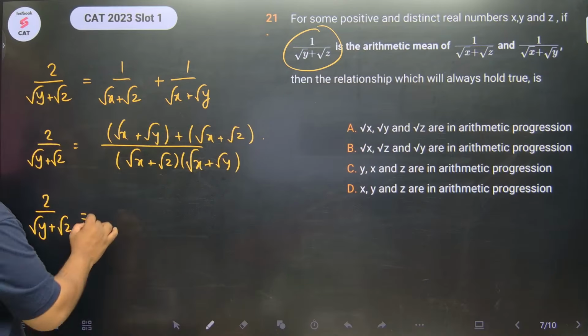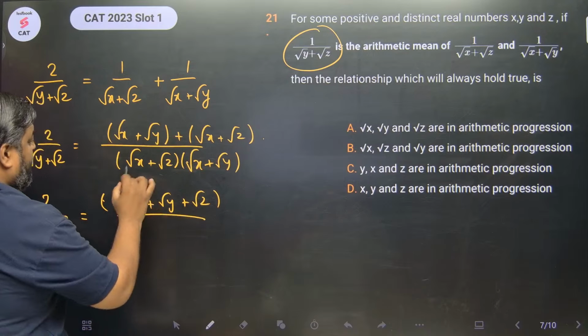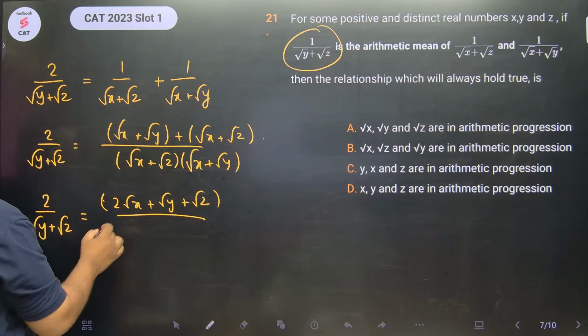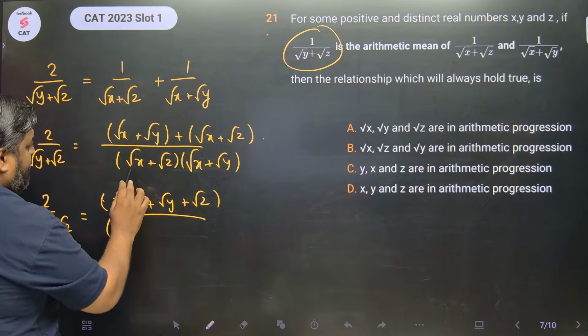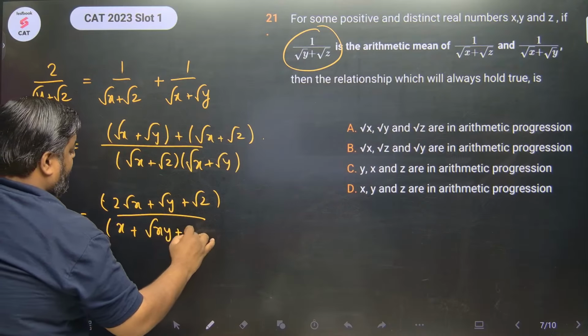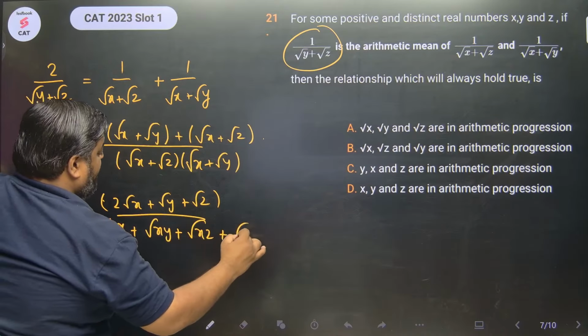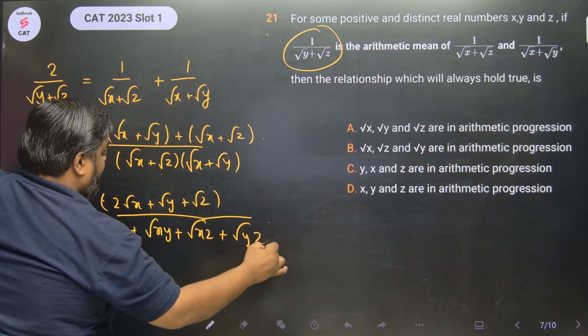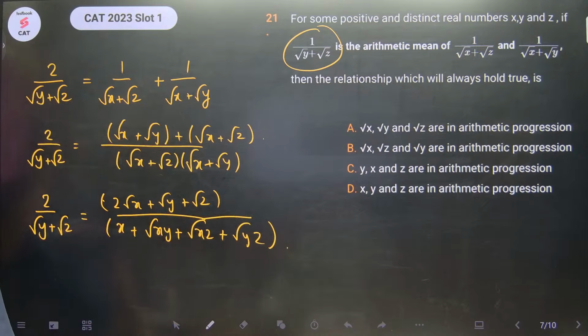So what I'll get, ऊपर में न्यूमरेटर में 2√x plus root y plus root z अपॉन डिनोमिनेटर में you'll have, और इसको ब्रेक कर दो। So x plus root xy plus root xz plus root yz, right. ये डिनोमिनेटर में है, ये न्यूमरेटर में है। क्रॉस मल्टीप्लाई करो।